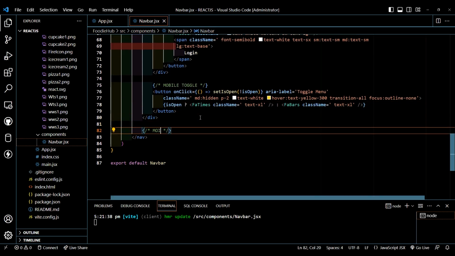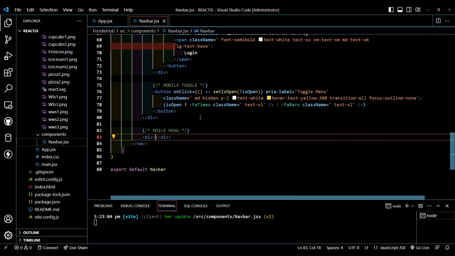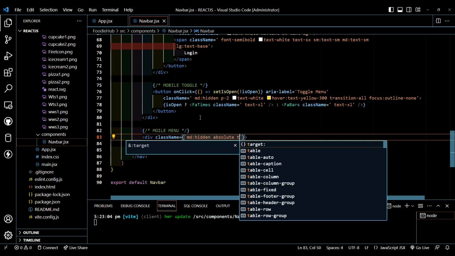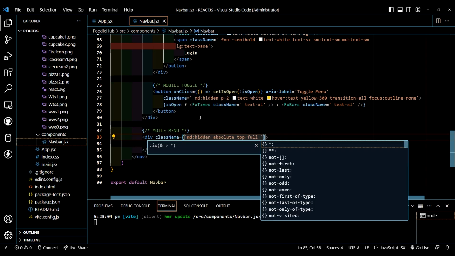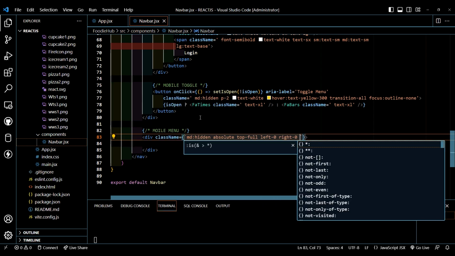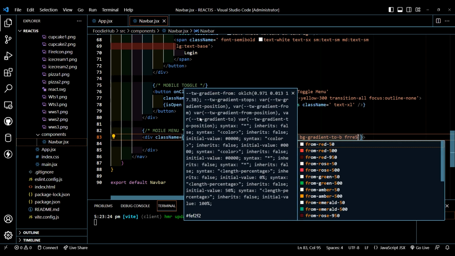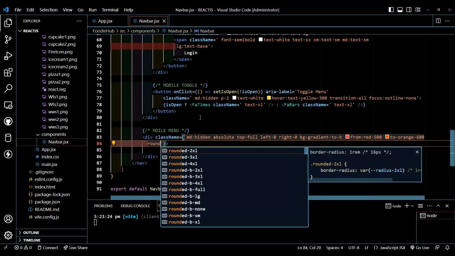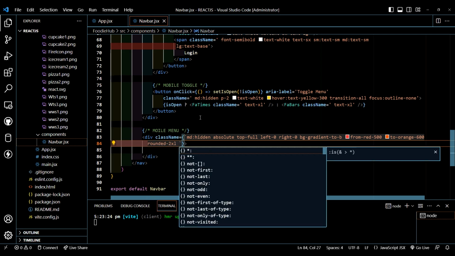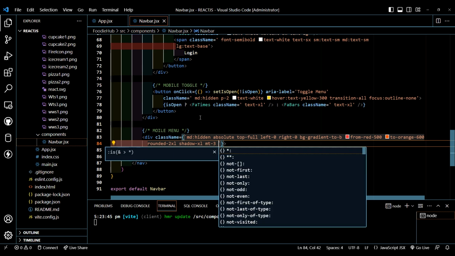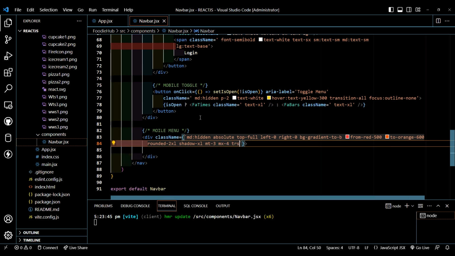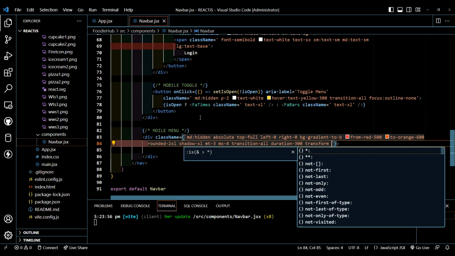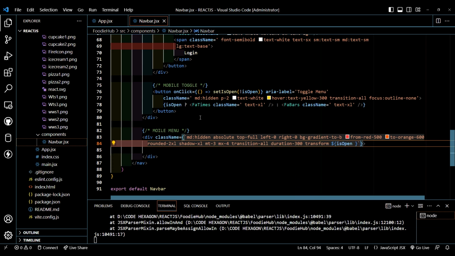Now let's create mobile menu. Let's create div, class name, backtick, medium screen will be hidden, position will be absolute, top will be full, left 0, right 0, bg gradient to B from red 500 to orange 600, rounded 2 XL, shadow XL, margin top will be 3, margin from x-axis will be 4, transition all, duration will be 300, transform, let's is open,